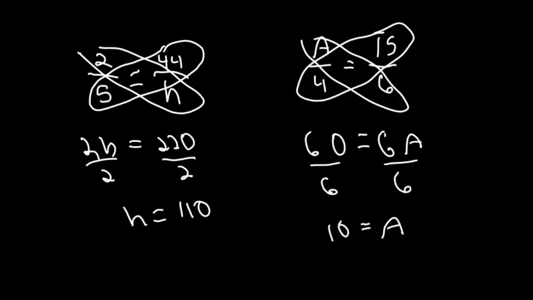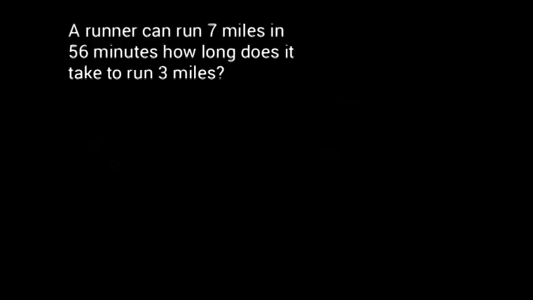So now we're going to explore a few word problems. Alright, so let's explore this in a word problem. A runner can run 7 miles in 56 minutes. How long does it take to run 3 miles? So we set up a ratio. 7 miles,